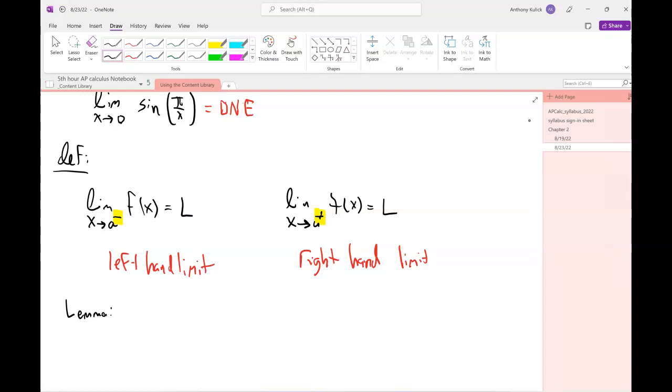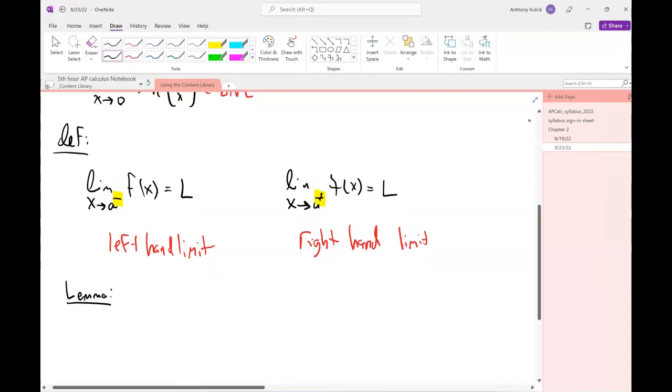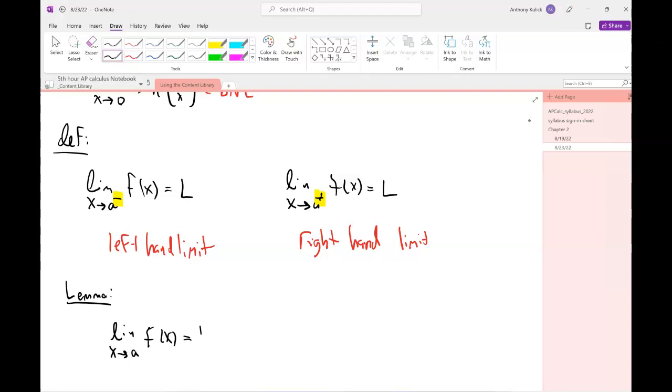We'll call this a lemma. A lemma is just a fancy math word for a minor theorem. So we say the limit as x approaches a of f(x) is equal to L